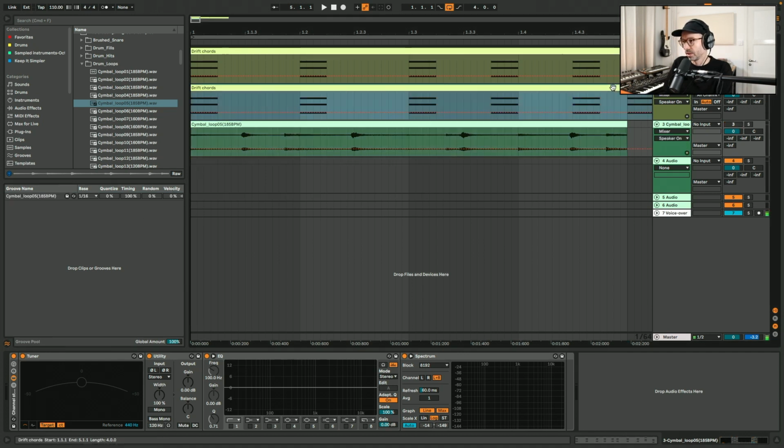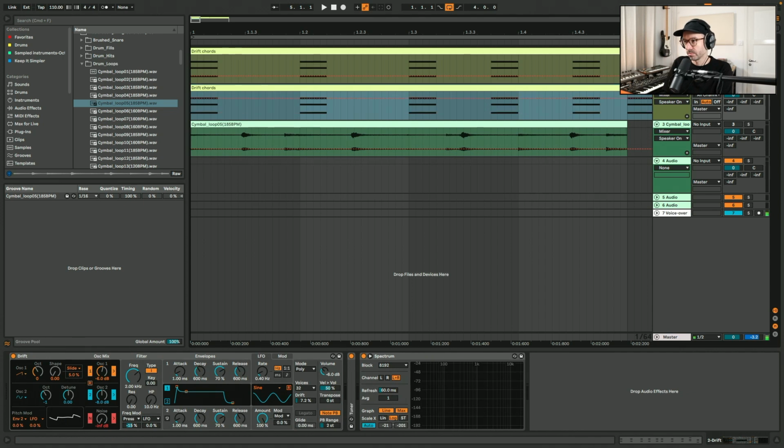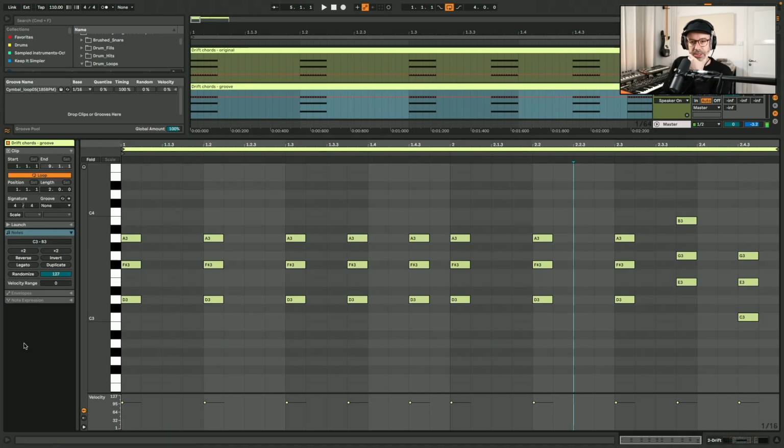So I duplicated my chords from the Drift synthesizer. So this is the original and this is then the groove version. So opening up the clip here on the groove, I can now select the Cymbal Loop 5. And when I play it, it is already applied. If I'm gonna play with these parameters, so if I bring the random up,